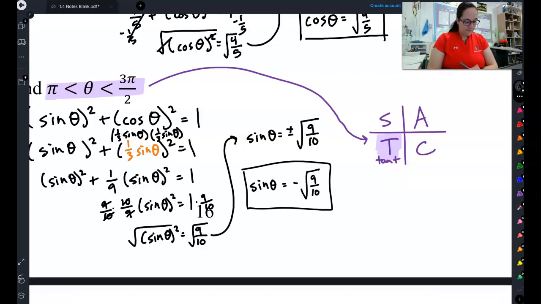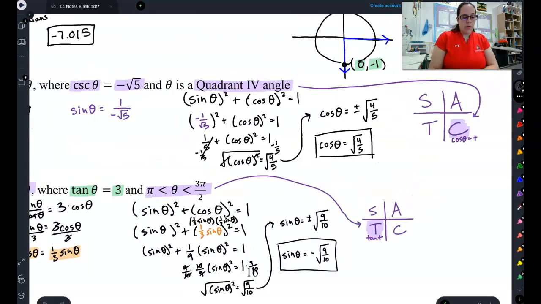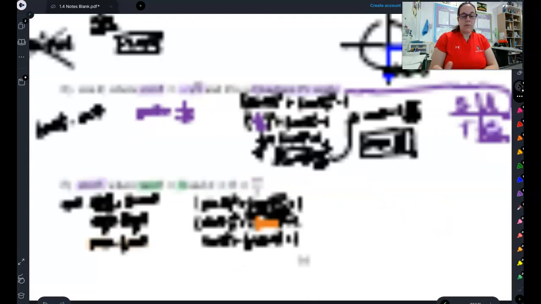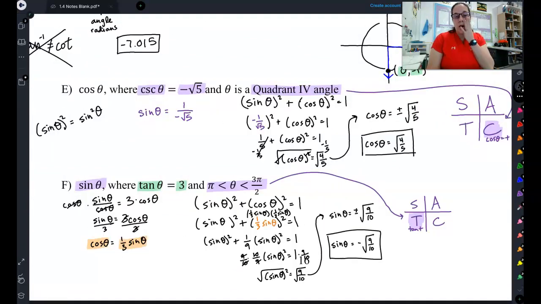And we're done. So that is a little bit of an extension of the Pythagorean identity, some more complicated problems with that. In the next video, we're going to use the unit circle to solve for angles instead of